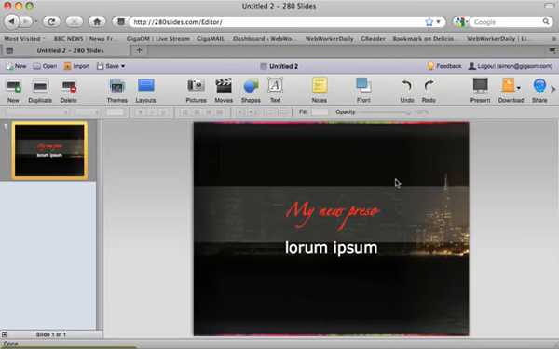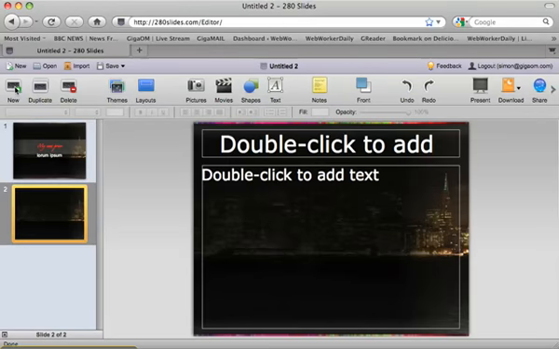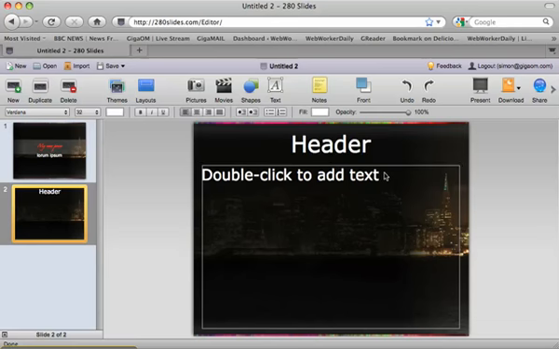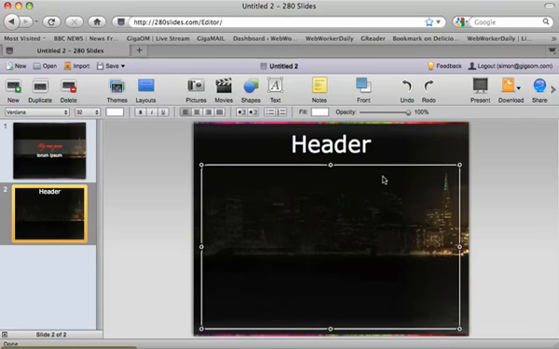Now if I want to add another page, I can either just hit this new button here, or I can duplicate my existing page, but I want a new page, so let's hit that. You can see that it's now given me a slightly different page, which is one of the internal pages, has by default a header and some text. So let's add a header in here, and I can say